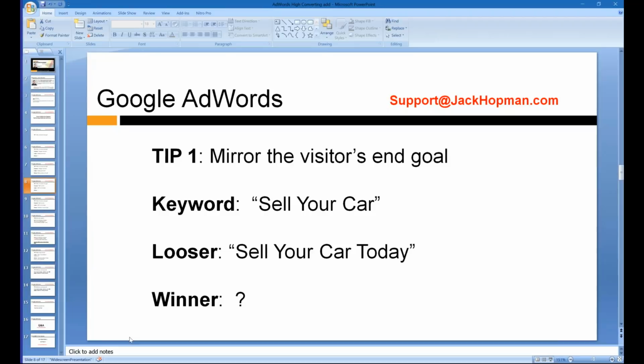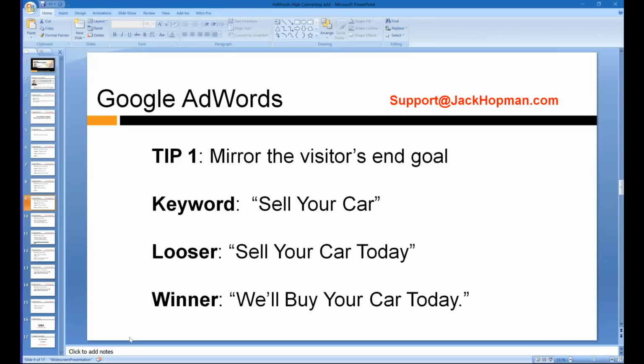Here's another example. The keyword is sell your car. You probably think "sell your car today" is a good headline, correct? And I'm saying it is not a bad one. But what is a better one? "We will buy your car today." That is actually what you want, correct?